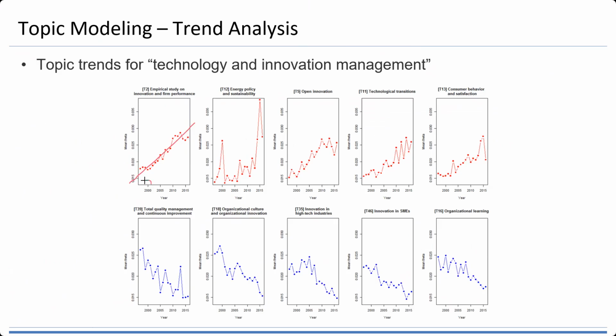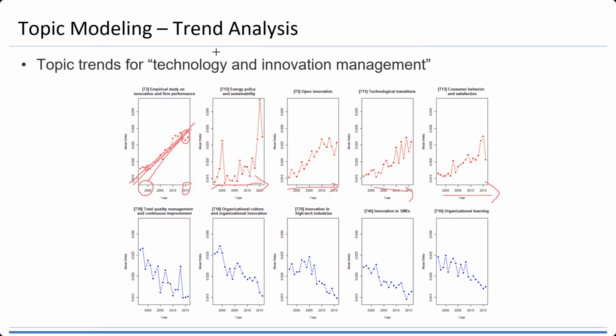If the word frequency in 2000 is this amount, and in 2015 the word frequency has risen, then okay, we can see that this topic is rising. So it is a trend. If you have the time, x-axis is time, then you can plot this kind of trend